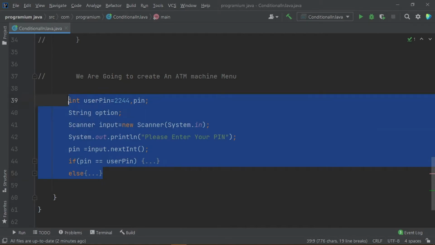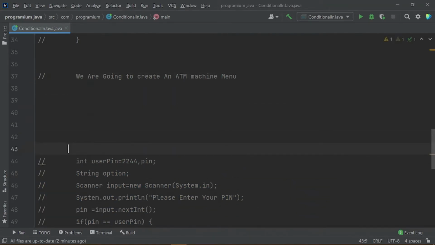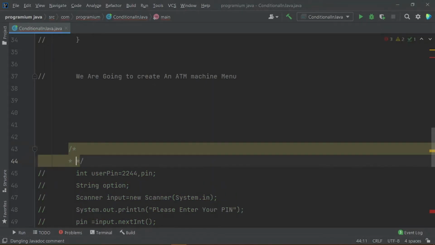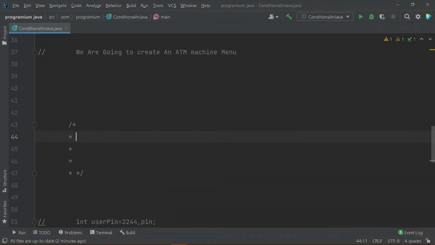Let me just comment this out, and I would simply say here if else conditions. I am using this type of comments because they look very pretty. Okay guys, this is the if else condition.